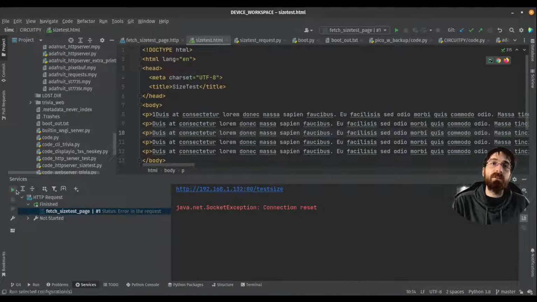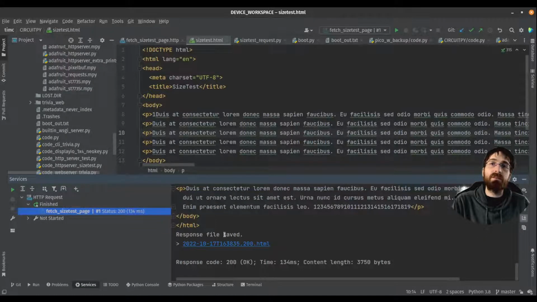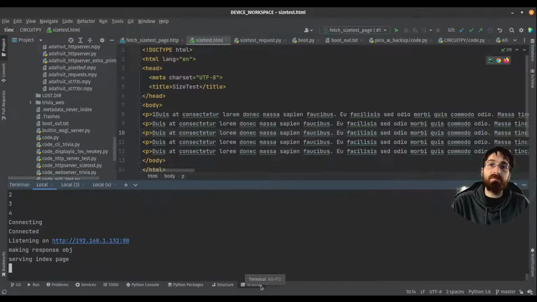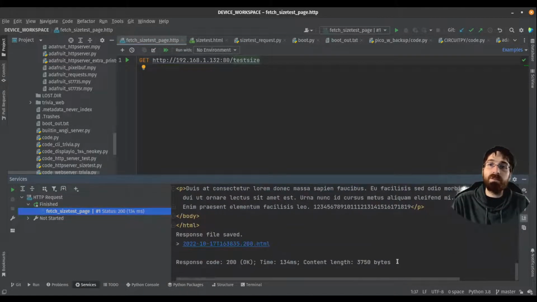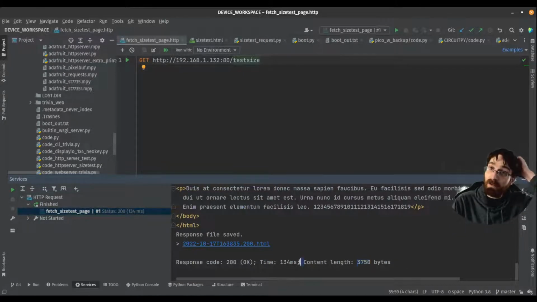Ooh. Oh, okay, we did get that once before too. I think it wasn't ready yet or something. I don't know, did it print that before I tried? Maybe I started trying too soon. But it did succeed. This one was 3750, and that is still like a half to a third.